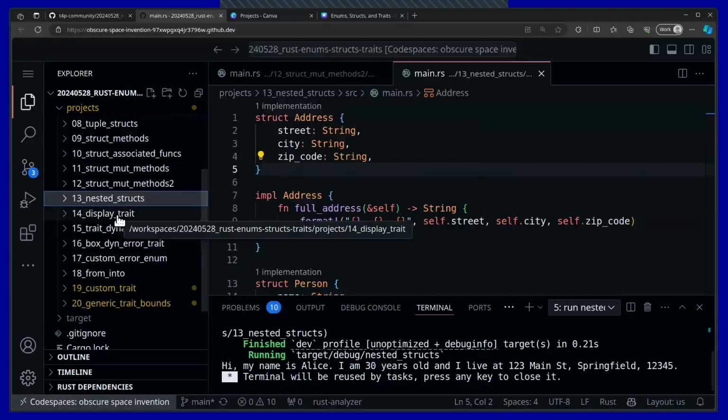Before we go into our final section here on traits and look at some pretty cool stuff that you can